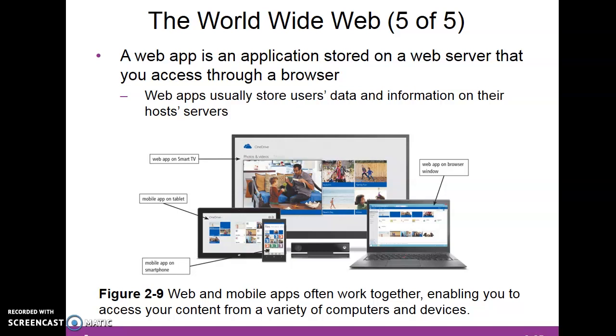A mobile app is an application you download from a mobile device's app store or other location on the internet to a smartphone or other mobile device. A mobile web app is a web app developed for use on a mobile device. Web apps and mobile apps often work together, as you can see in figure